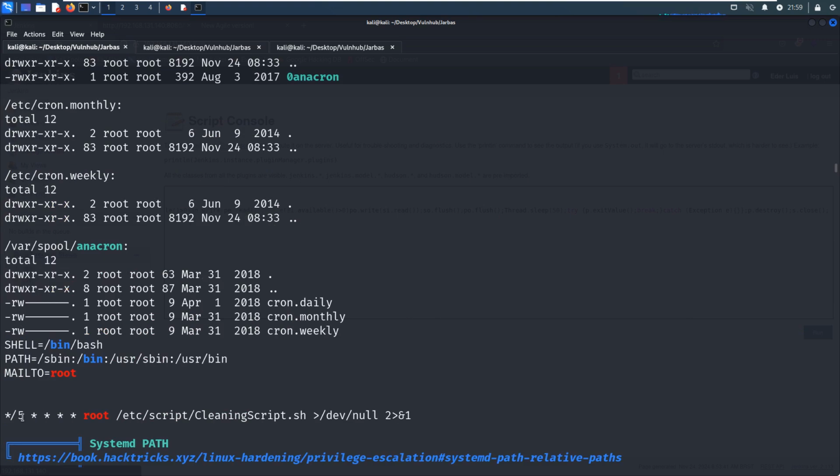Oh, cron job. Every 5 minutes, the root user, the superuser, will execute this script.